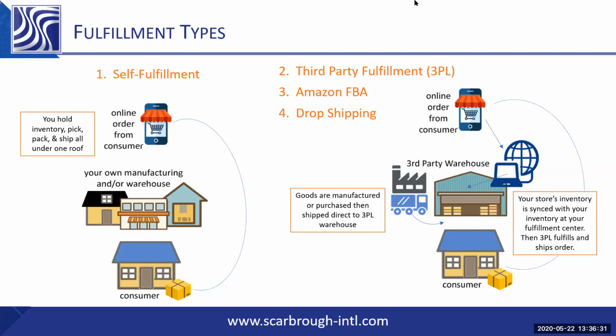So when you have small amounts of orders and you're kind of in a specialty industry, at first for your business, it may be advantageous for you to have that direct line of control. But once you get beyond a certain point of orders, and that point probably realistically is right around that 50 order a day mark, a 3PL is only advantageous for you to pursue and to basically get a working relationship with,